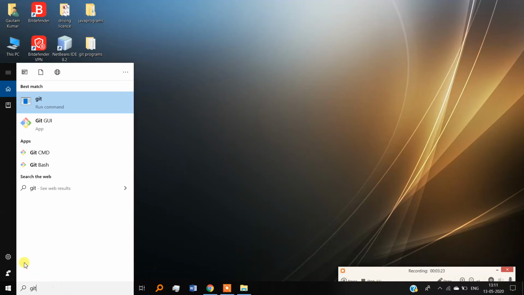See, we can see here three things: Git Bash, Git CMD, Git GUI. It provides three things, like we can do the functions using GUI, meaning graphical user interface. CMD is a similar thing to Git Bash. So we will go to the Git Bash.